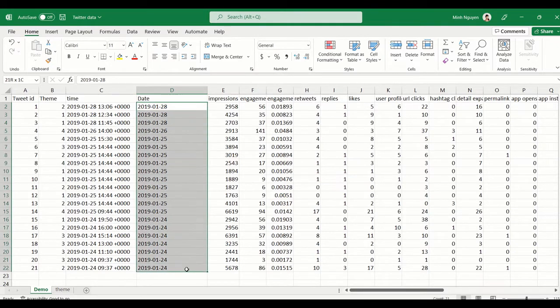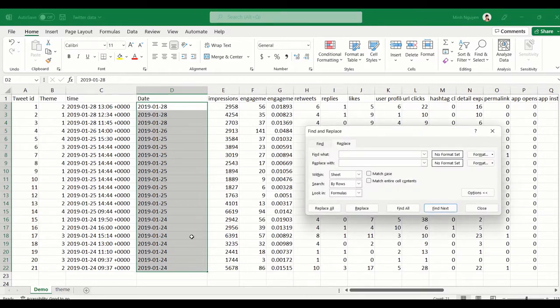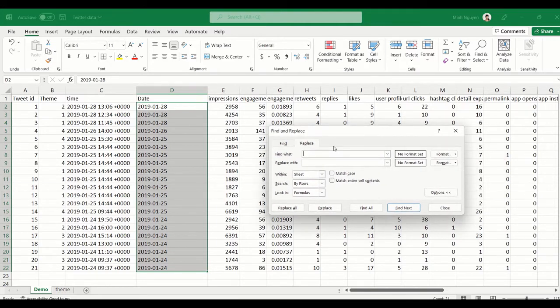How do we do that? Select the entire data range. Okay, then we are going to use the Find and Replace tool to convert this into proper date format. So Ctrl H to open the Find and Replace dialog box. Now in the find box, we'll press slash. Okay, actually we press dash, and then in the replace box we'll press slash instead, because basically the Excel date format is